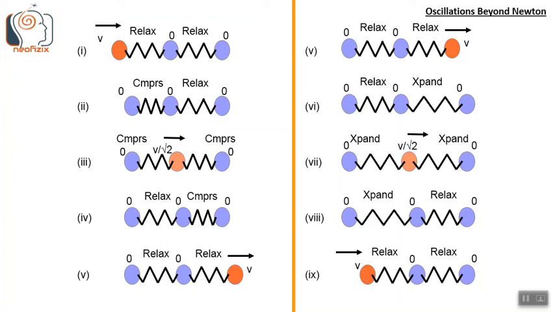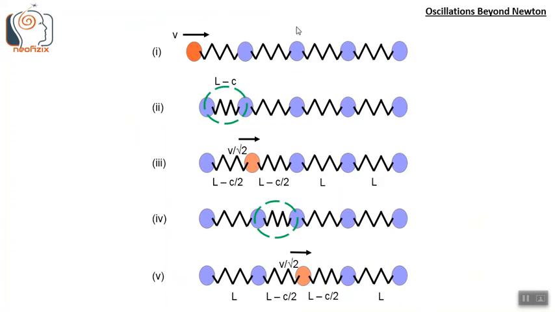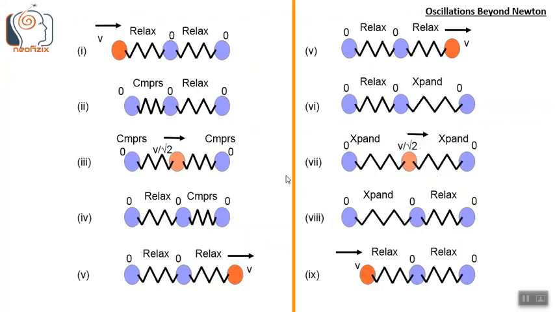So steps 1 to 8 keep repeating forever unless stopped, and the system keeps translating rightward. Step 9 is the same as step 1 with translation. So this mechanism discussed for the 2-spring 3-mass system can be extended to any chain with an arbitrary number of spring-mass units. So if there is a long chain with say 10, 100, 1000, no matter how many spring-mass units, this similar mechanism that we described for the 2-spring 3-mass system, where we disturb the first mass,